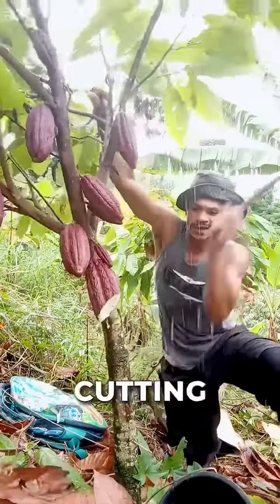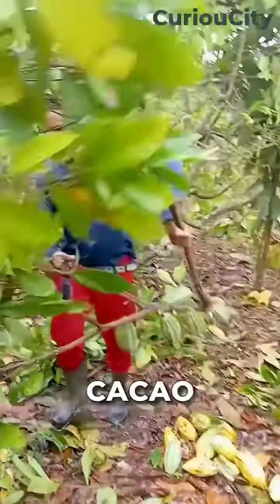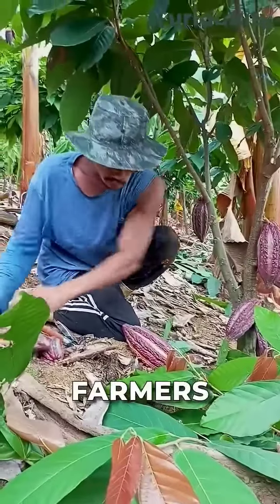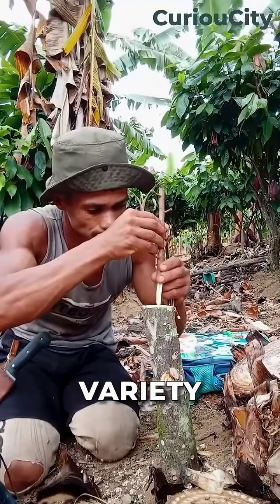In some countries, cutting down cacao trees is illegal, but why do some farmers still do it? A cacao tree usually takes 5 to 7 years to fully mature and start bearing fruit. Instead of waiting that long, farmers use a technique called side grafting to attach a high-quality cacao variety to a